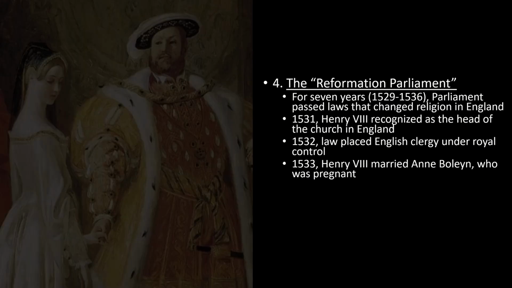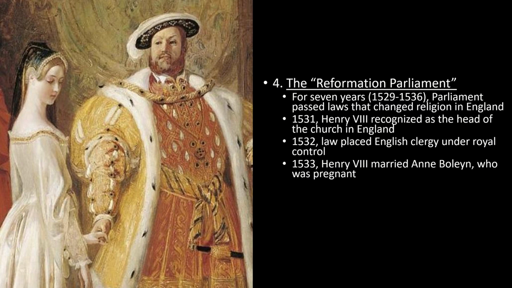In 1533, Henry VIII put aside his wife, Catherine of Aragon, and married Anne Boleyn, who was already pregnant when they got married. So they were well on their way to having their very first child, all right? So they get married, guys, and Catherine of Aragon is put away, which you can probably understand makes Charles V a little bit angry, makes the Pope outraged, and probably makes Catherine of Aragon a little upset, and their daughter Mary too, but we'll get to that later.